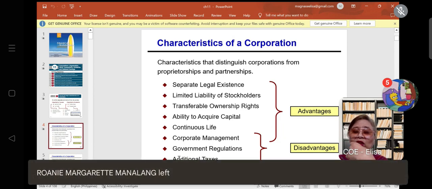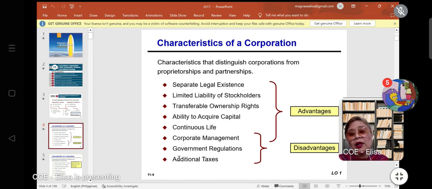Okay, so government regulations for sole proprietorship, wala man kay requirement. All you have to do is file the PIR, and then requirements sa DTI. That's it. The only time maybe nga mo file ka is you inform kung di na ka mo-operate na. But for corporation, you are required. There are reportorial requirements. You need to file monthly, quarterly, annually. So daghan kay reportorial documentations required by different regulating agencies